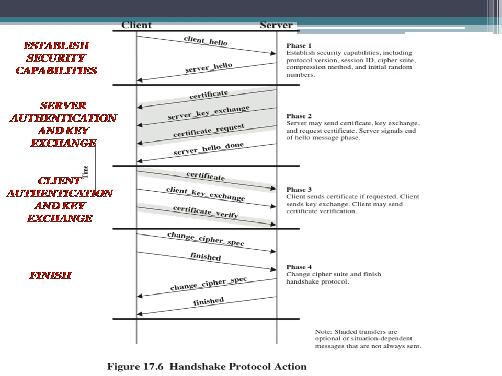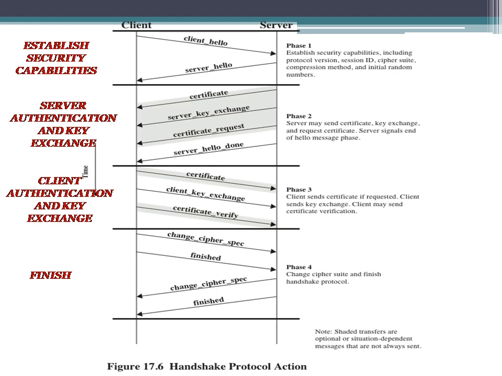And then there is the final message in phase 2. The one that is always required is the server done message. This message is sent by the server to indicate the end of the server hello and associated messages. After sending this message, the server will wait for a client response, and this message has no parameters at all. So this is solely a single message.